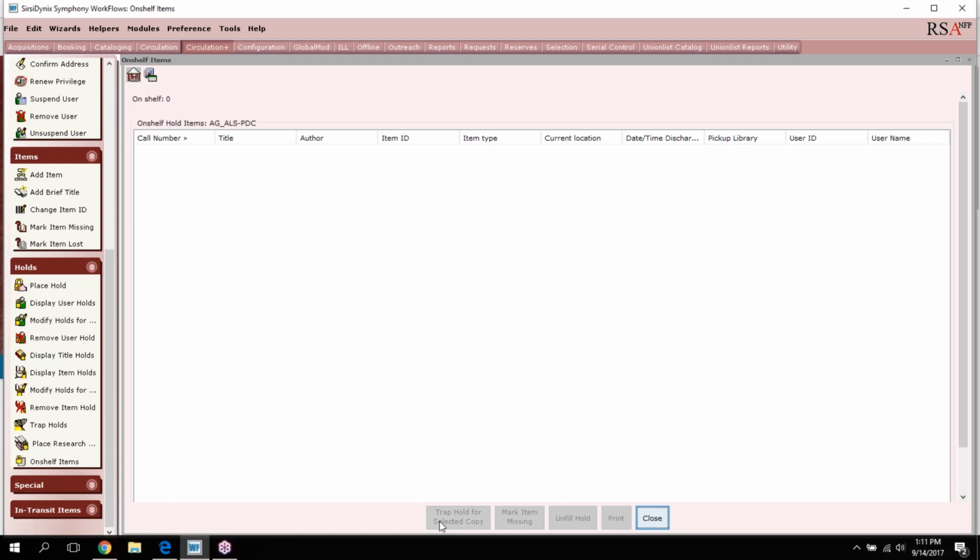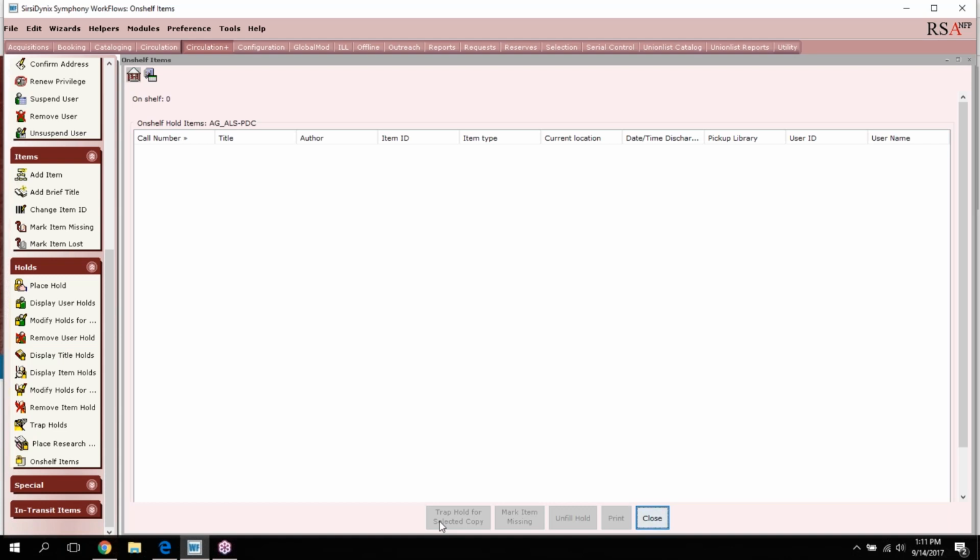Where if you're using the trap hold wizard, if it's not the right copy on the right bib record, it will actually tell you that there's no hold on it, and that's your sign that you need to go and try to find the correct one, because you may have a paperback copy and a hardback copy and a large print copy, or different publishers or that type of stuff. If you don't get the item off the right bib record when you go to trap a hold and it gets sent, it's not going to be right, and the other library is going to say that there's no hold for it. So what we end up having to do is call the sending library and ask them to